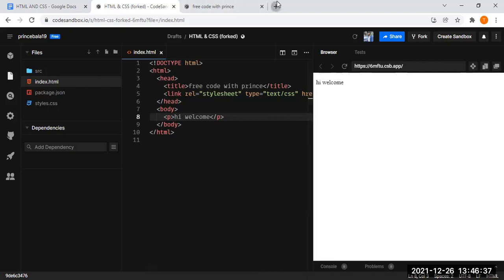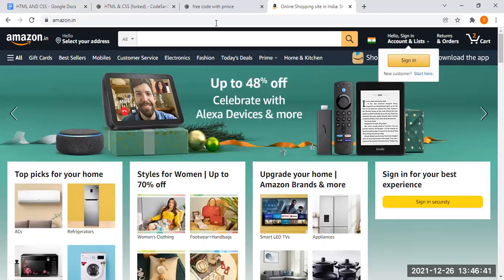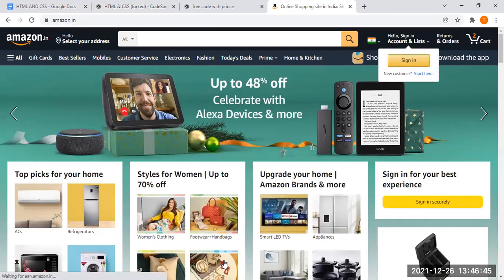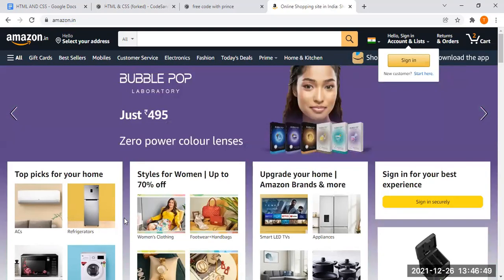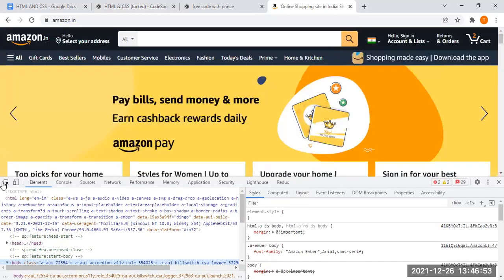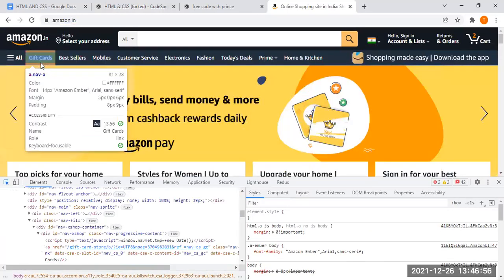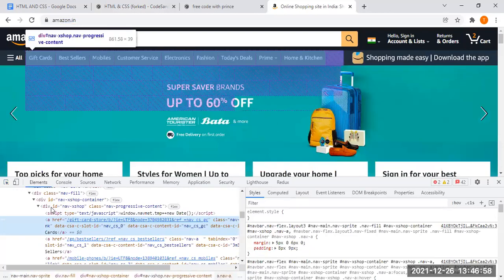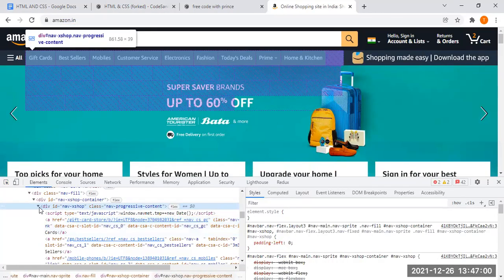For a sample scenario, I will just open this Amazon website itself. If I click on this, you see this is a division.